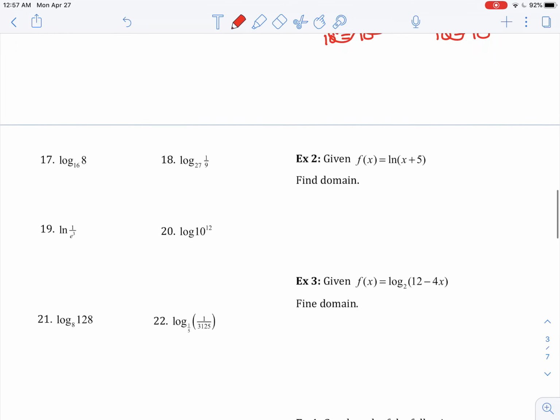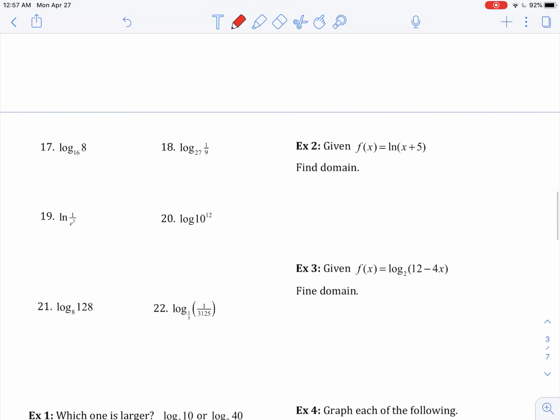So there's a few more there for you, 17, 18, 19, 20, 21, and 22. And I'm going to let you try those, and then we will come back and start